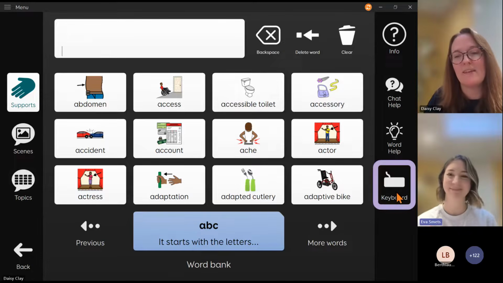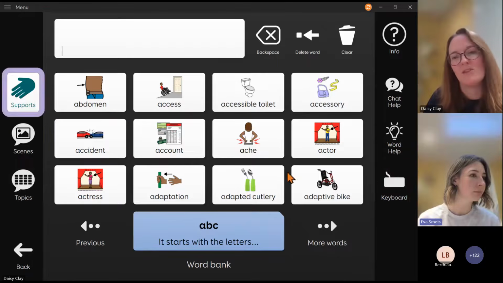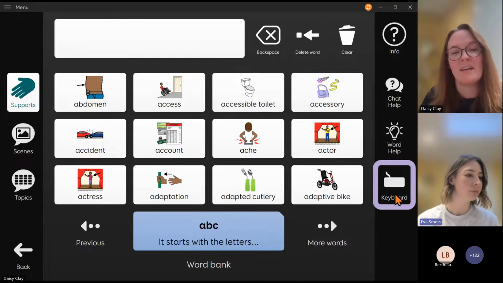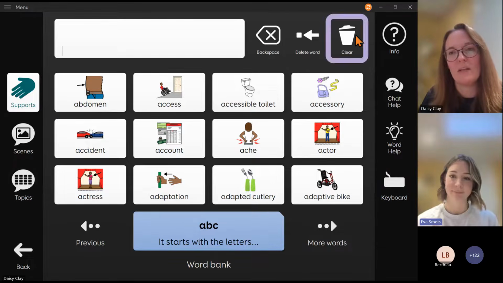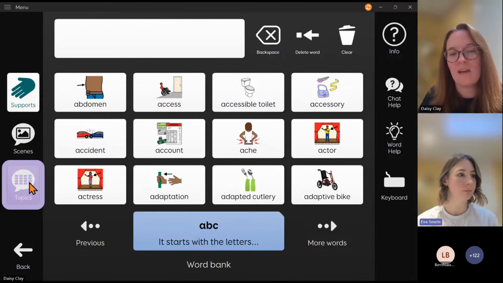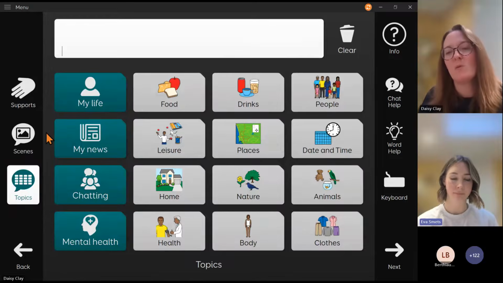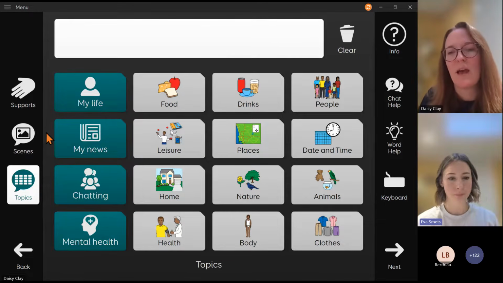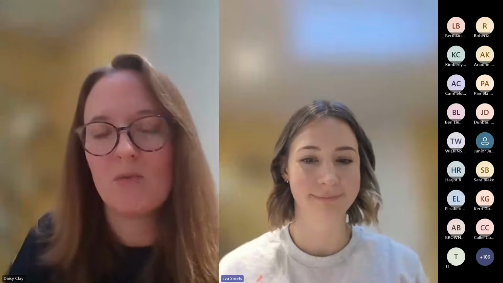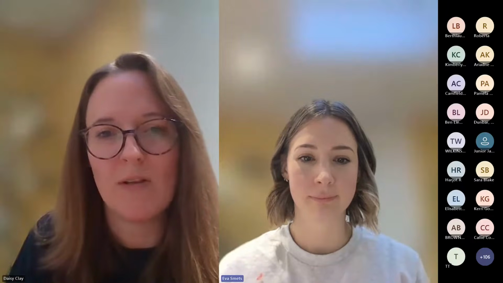Okay, and yeah, I think Ava's already talked about the keyboard that we saw, but also, as Ava mentioned, you have got the option to change a keyboard onto a different one. So yeah, that is Duo 16. So lots of things that are similar, but also some additional supports that have been really helpful. Okay, so I'm going to stop sharing and we'll jump back into PowerPoint just for a bit of a recap.